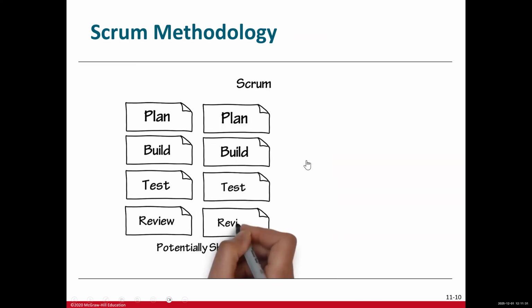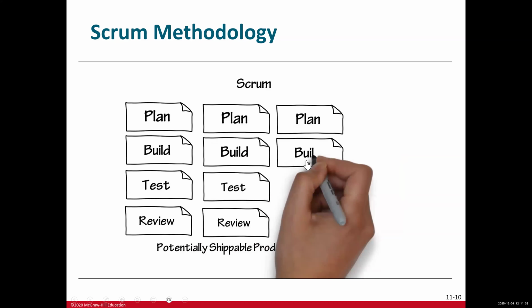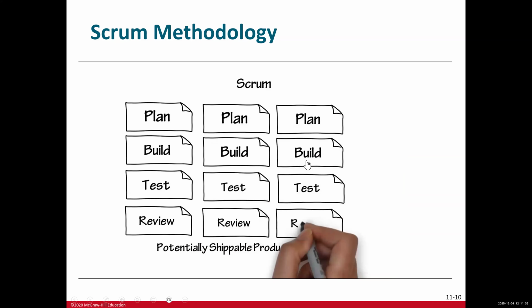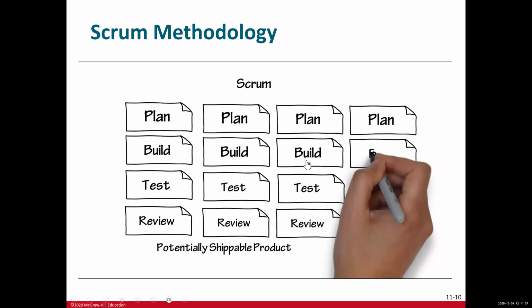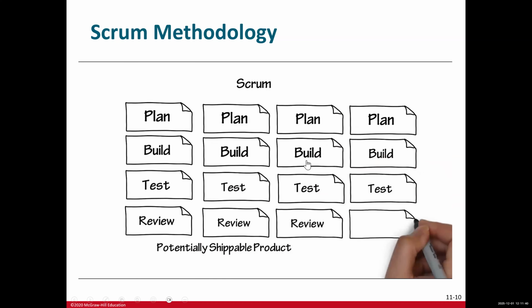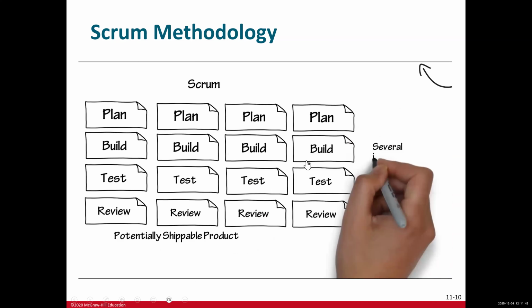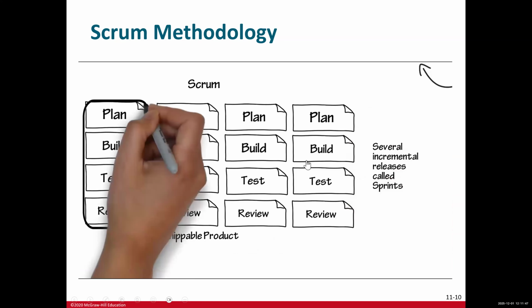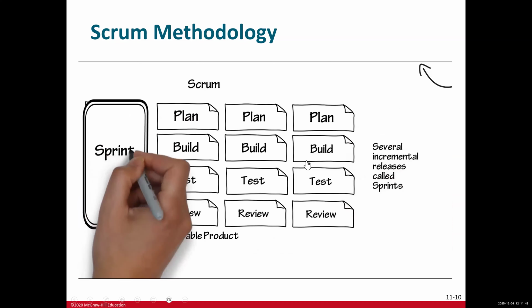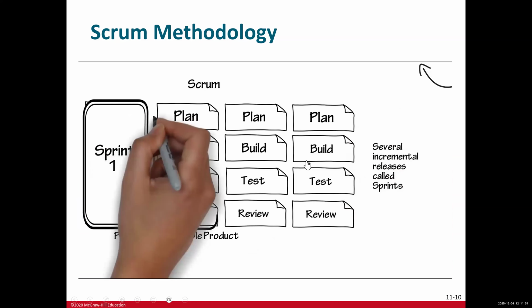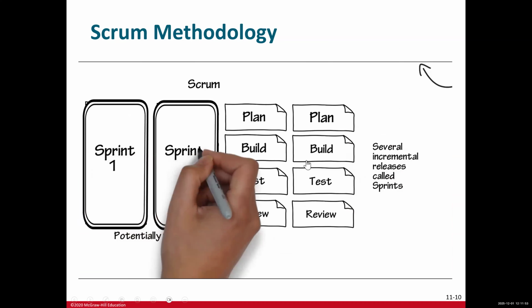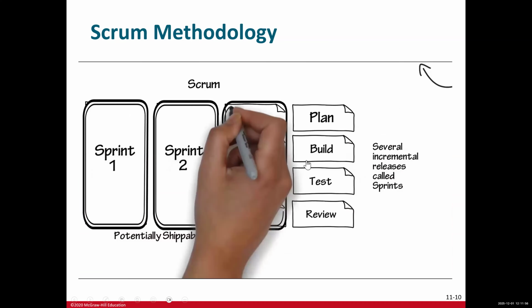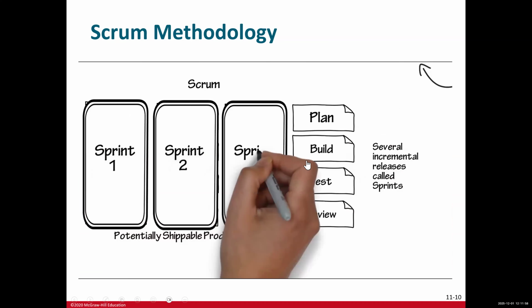This is then repeated time and time again, reducing the time from planning to development to testing. Each time through the planning process, we're doing just enough planning to complete the next incremental release. You end up with several incremental releases called sprints. A sprint usually takes from 1 to 3 weeks, and you just keep repeating these sprints until your product is feature complete. Sometimes you may end up shipping your product after the second sprint, or the third, or the fourth, or even further, but you eventually end up with a shipping product.